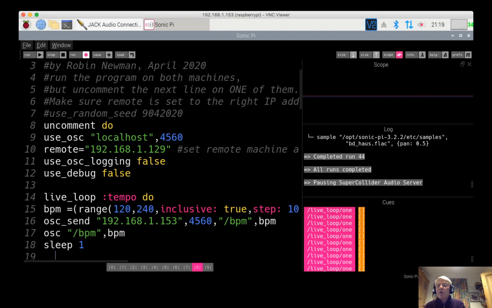Okay, so what we're going to do is to use an OSC command. Now, if you're new to this, this is simply a way whereby you can send more or less any information you want in what's called an OSC message. And if you're going to use Sonic Pi to send it, you need to tell Sonic Pi where to send it. Now, in this particular case, I'm going to send the message back to itself by saying use underscore OSC,